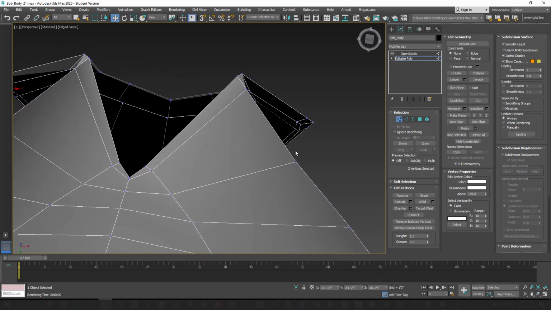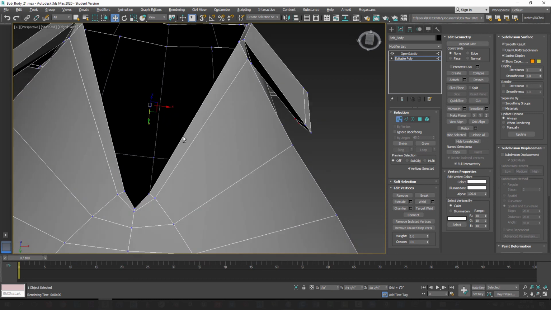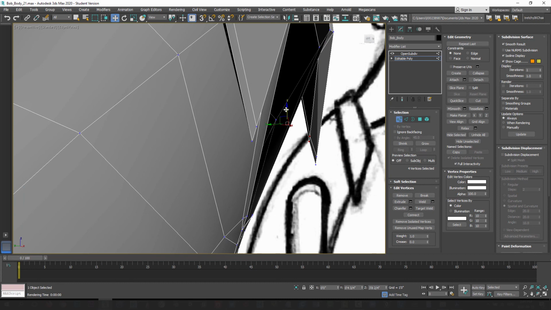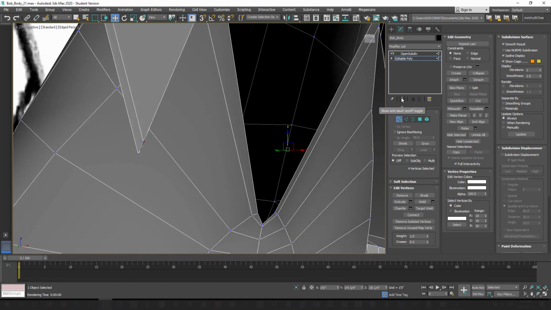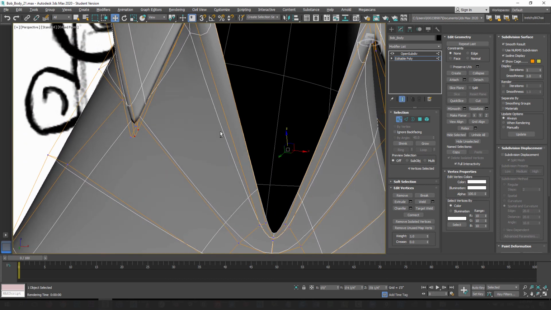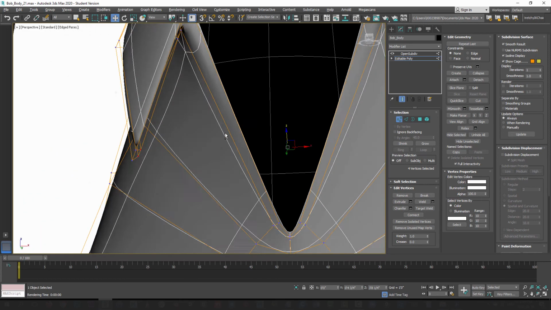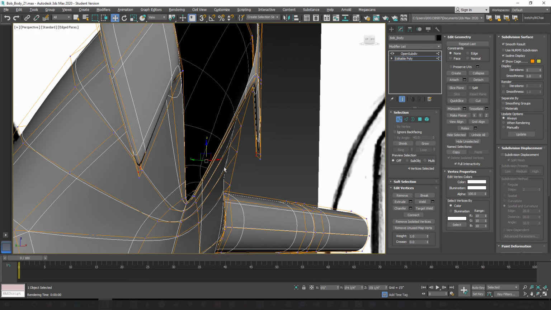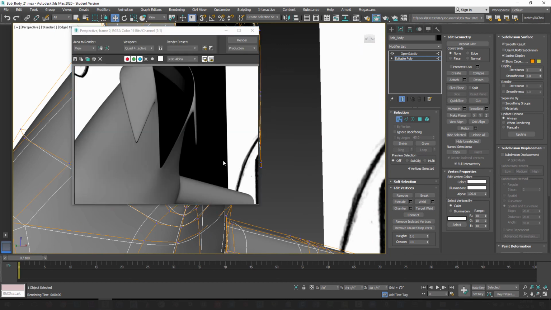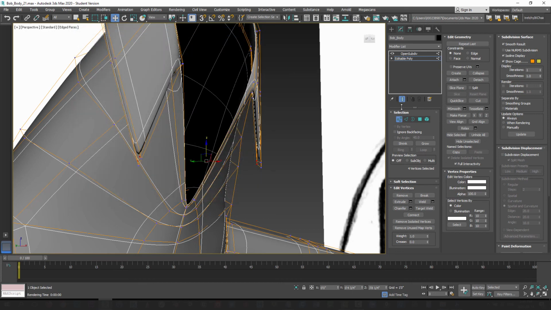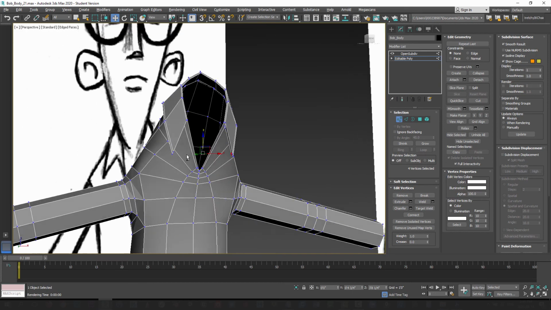So if you're going to adjust one side, grab the same verts on the other side, and then you can pull them down and out from there. Also, turn on show end result and you can see how it's affecting the area. So before these were up here, just pull them down like that, and then that's pretty good. So if you render that, that doesn't look too bad. You could keep playing with this and tighten it up even more, but I think we can move on from